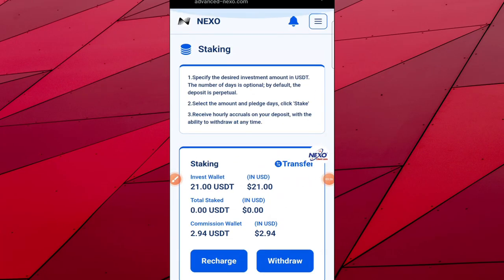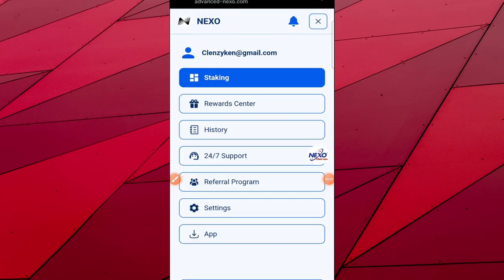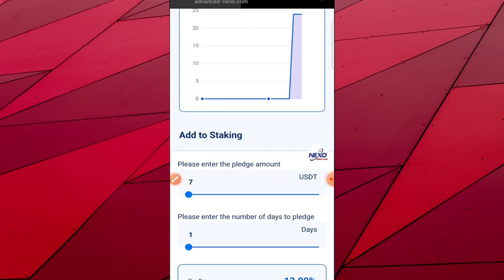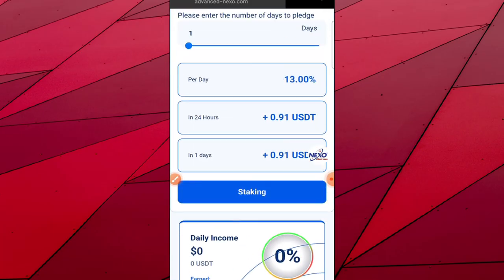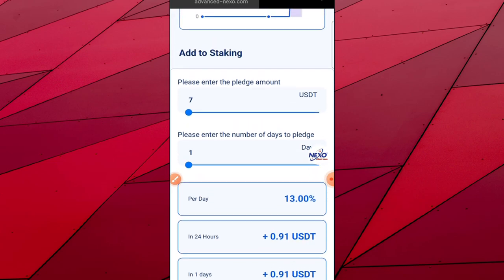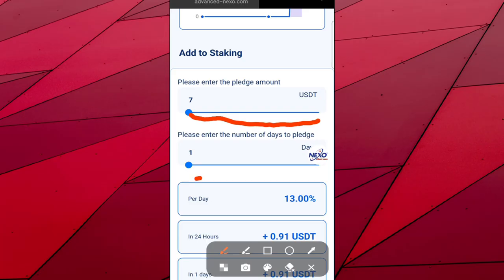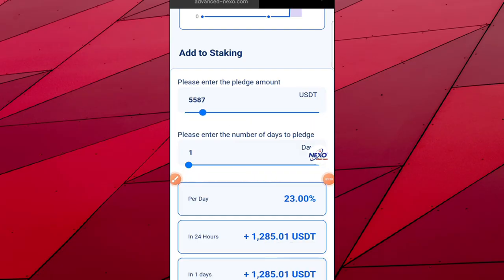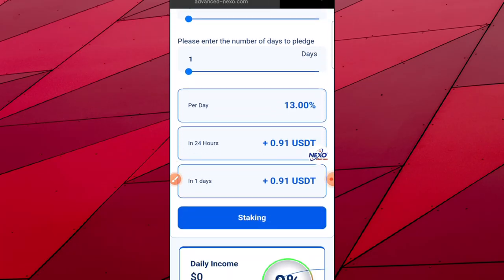If you come over here and go to their staking section, you're going to see that if you scroll down, it has different packages and different times. So depending on how much you want to stake, you can always adjust this, and you can adjust the period of time it's going to stay. If I adjust this one to, let's say, 7 USD, and I say 1 day, as you can see, we're going to earn 13% per day and 0.91% every 24 hours,